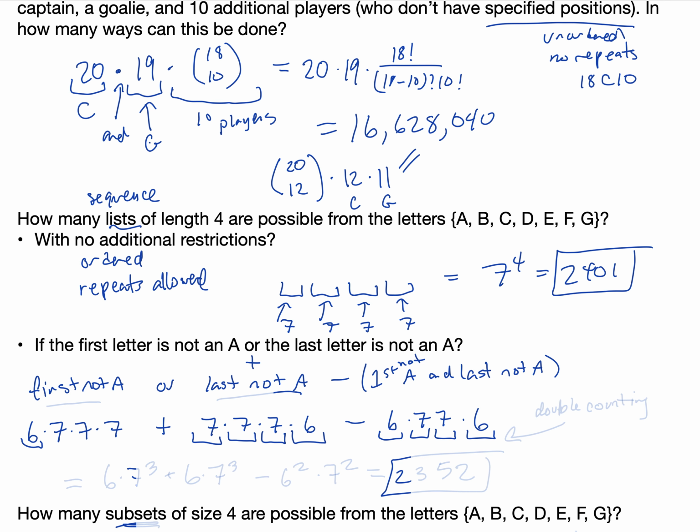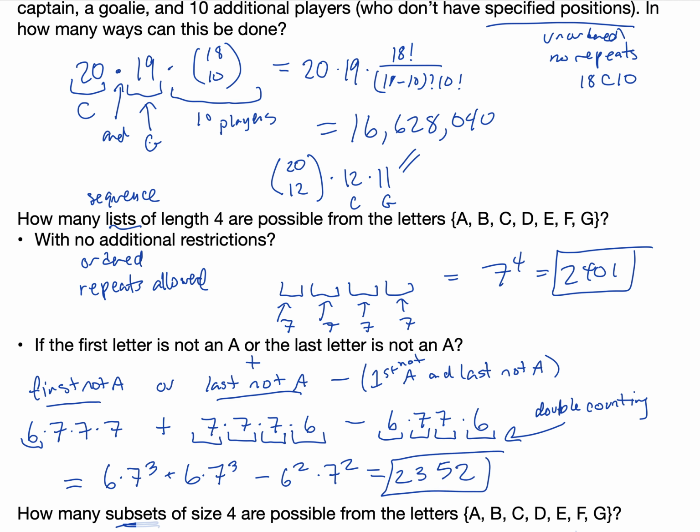And again, we're subtracting that off to avoid double counting. All of those were double counted, both as having the first letter not be A and the last letter not be A. Okay, so now we've counted everything exactly once. So this is 6 times 7 to the third plus 6 times 7 to the third minus 6 squared times 7 squared. And when we calculate that out, we'll get